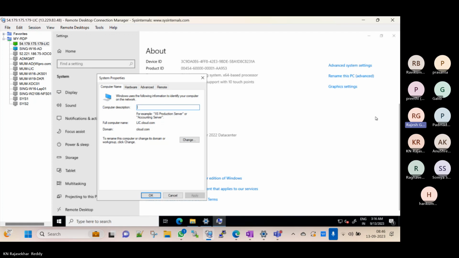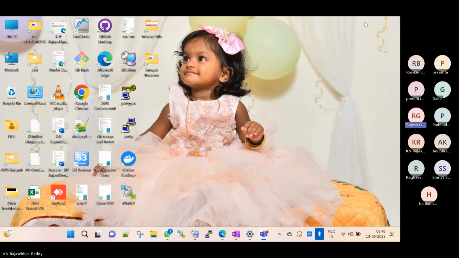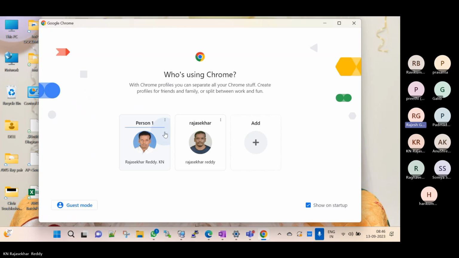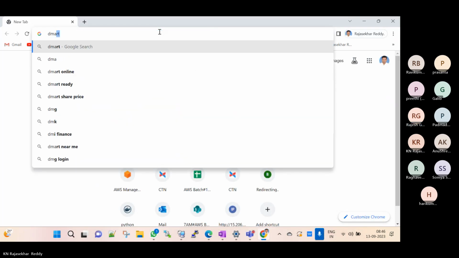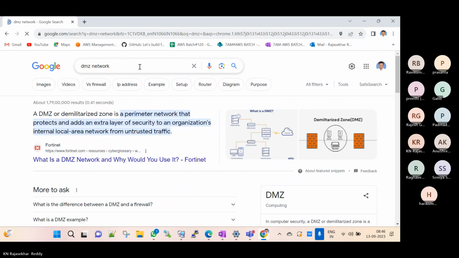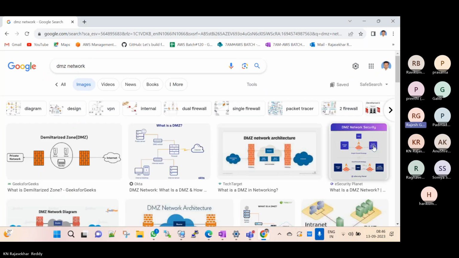Can you please open the Google Chrome browser? Okay, and type in the Google search engine: DMZ network. Open the browser and type DMZ network. You will get some pictures. You can easily understand what DMZ means. Now open the images; the images tab is on the left side. Open it. See, guys,